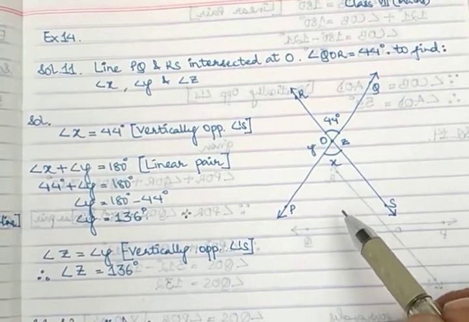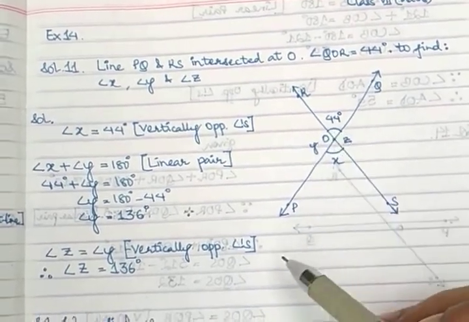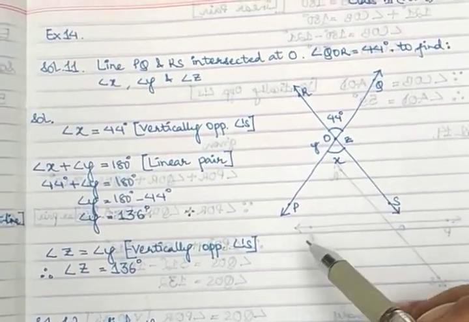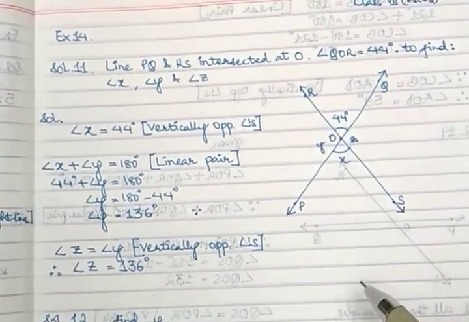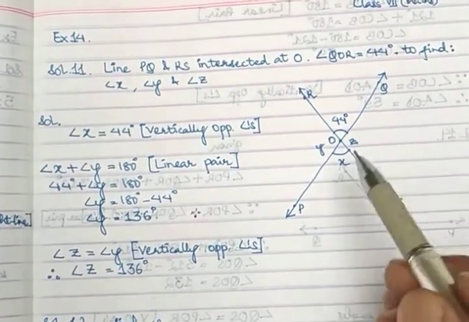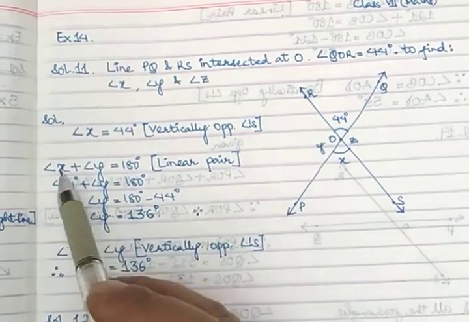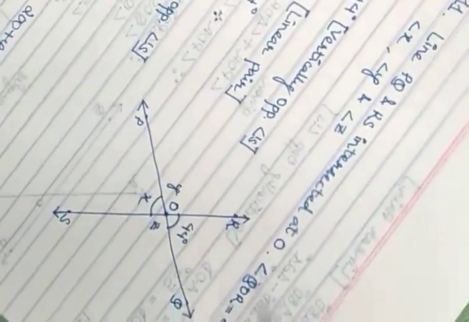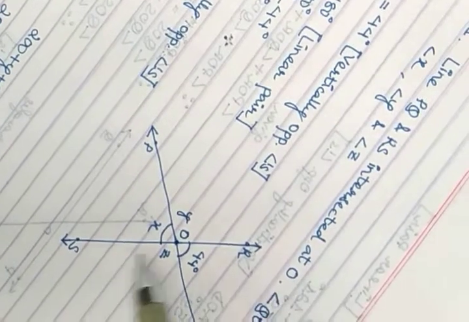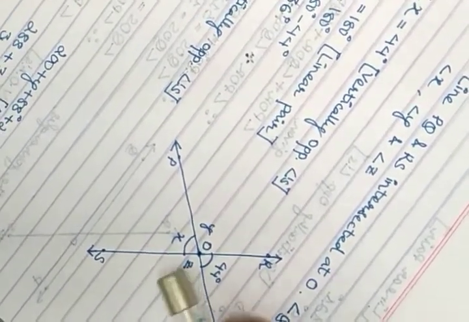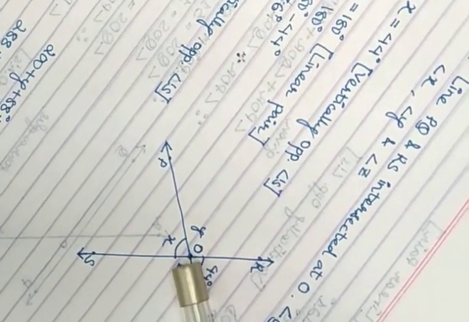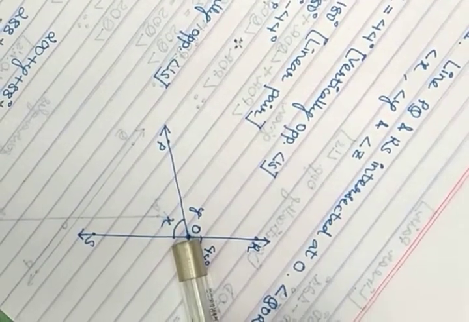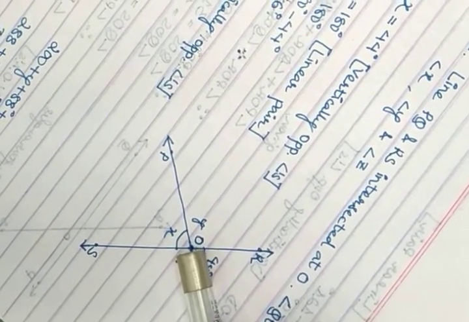Now we need to find the value of Y and Z as well. For the second one, we know that RS is actually a line, isn't it? In the second one I have written X plus Y, angle X plus angle Y equals 180 degrees, linear pair. Simply rotate the figure like this. If you rotate the figure, what do you see RS as? RS is actually a straight line, isn't it? So let's just hide this part. And a straight line has been divided into